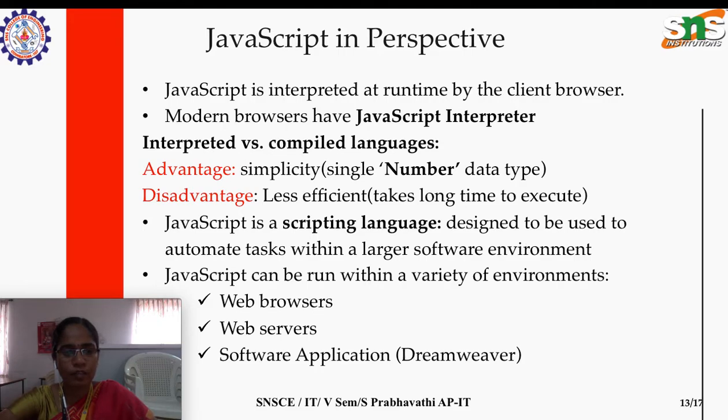For example, while filling a form, the main motto is to get the details, process them, and provide the username and password. So what happens in between, while entering the details, is that the user may go wrong by typing different irrelevant messages. That needs to be handled, so that needs to be automated by the scripting language. So for that purpose, JavaScript plays a role in automating a number of tasks. Okay, now in a larger programming environment.